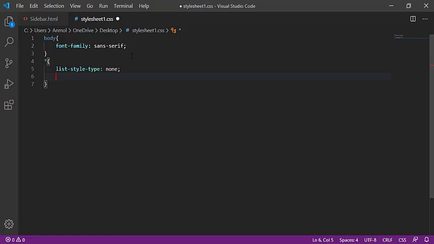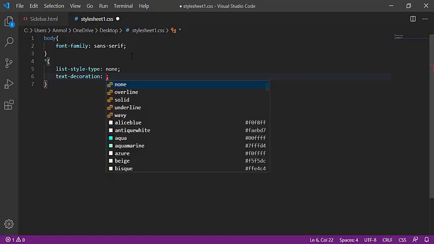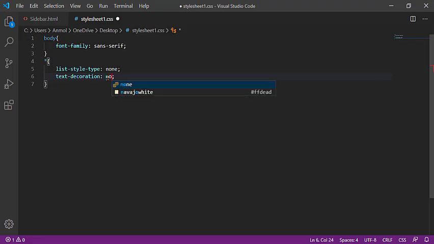Then another property is text decoration. It will work on the anchor tag that will give no underline on links, like here are some underlined texts. So with the text decoration you will remove it. So I am giving none to this also.